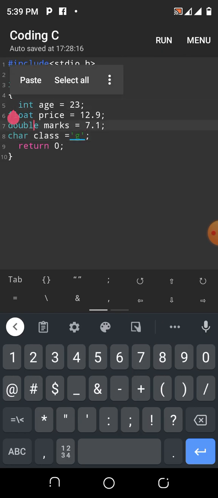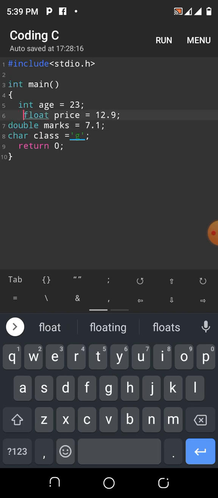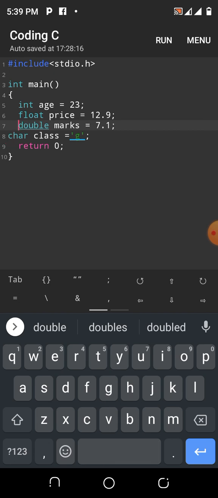Let's just arrange them properly. Yeah, okay, so as you can see,